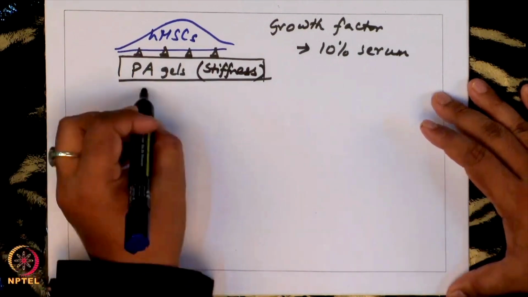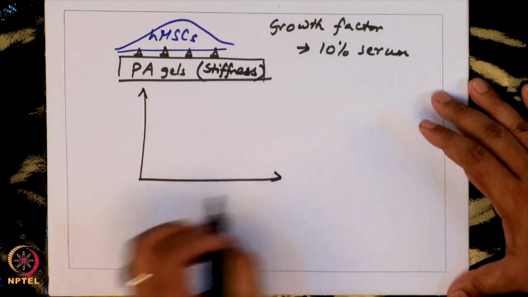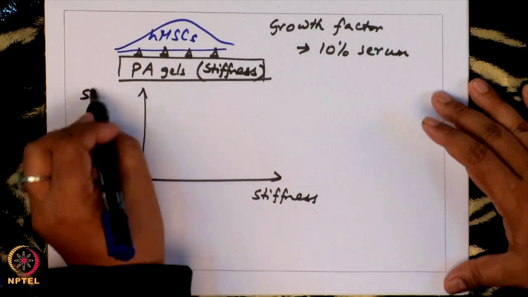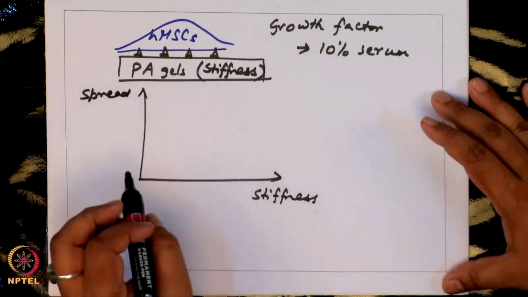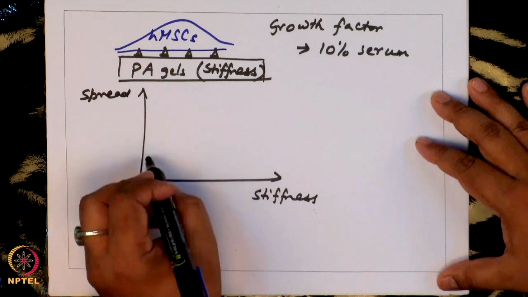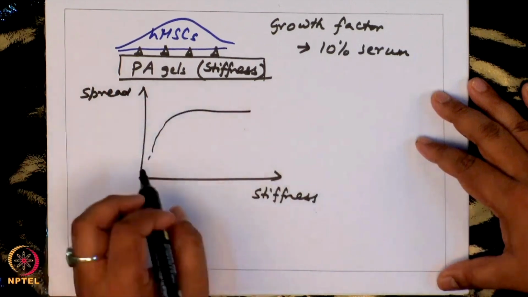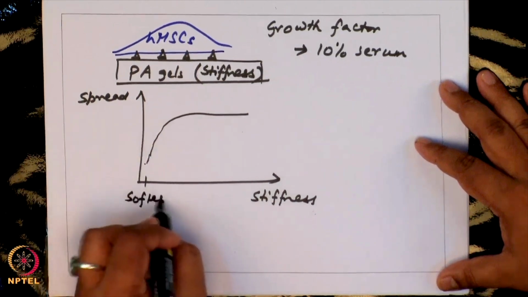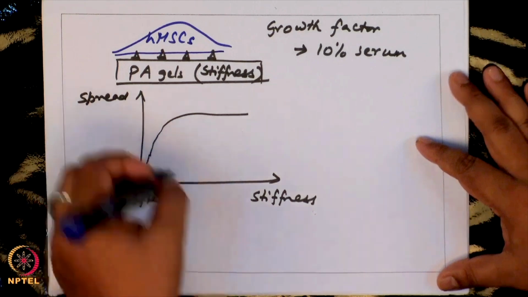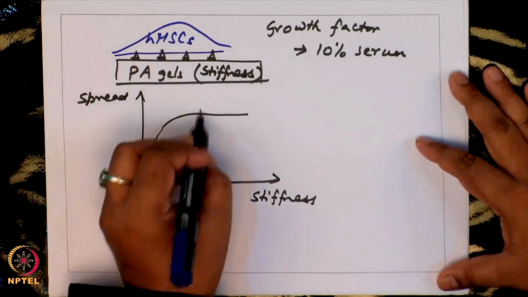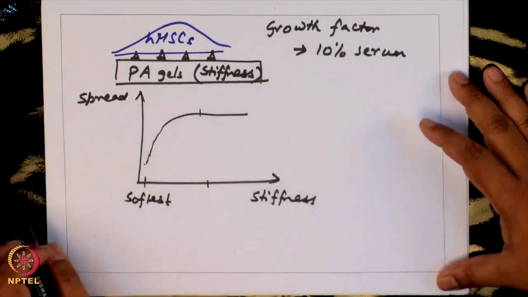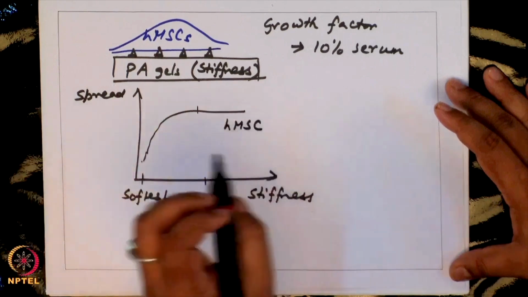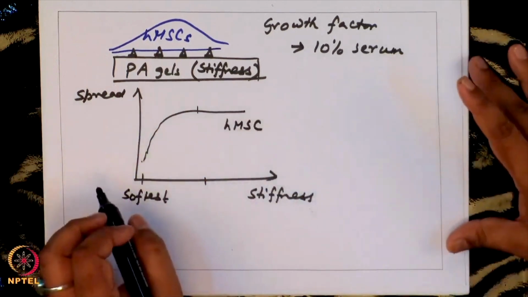Okay. So, first of all, like other cells, as a function of stiffness, so cell spreading, if you track after 24 hours, you will always see a saturated profile. Okay. Cells increase their spreading. So, on the softest you have the least spreading area of these cells, and as you increase the stiffness, spreading increases, and beyond some stiffness spreading is constant. Interestingly, so this has been observed in other cells also. Okay. So, this is your HMSC response, but you see it in most other adherent cells including fibroblasts.